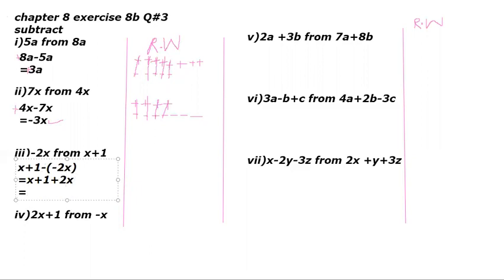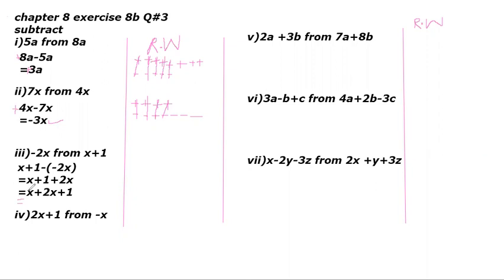Next step is to collect the like terms. x is a like term, x and positive 2x, these two are like terms. I am writing x with 2x because both are like terms. In the next step, I think I should do it with my pencil. Okay, it is equal to,